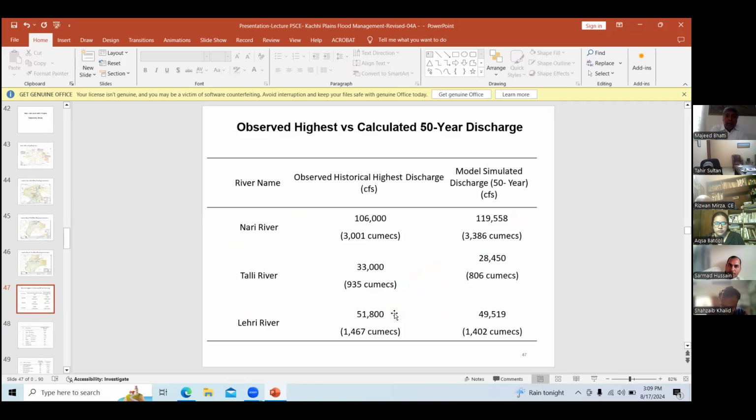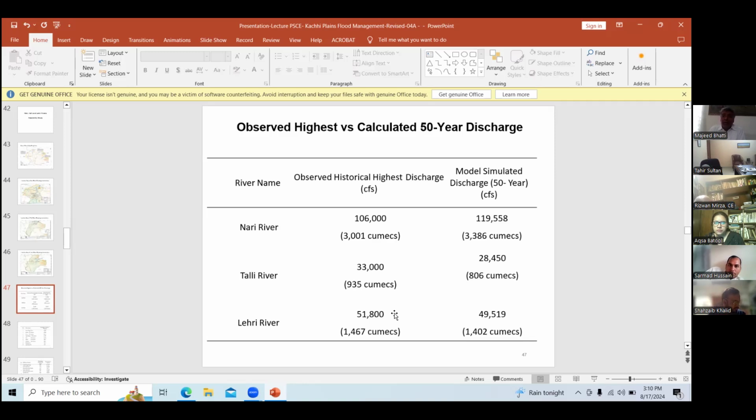Now you can see the observed discharges versus calculated discharges for a 50-year return period. You can see the Nari river, the observed discharge. These discharges were observed about 20 years back.